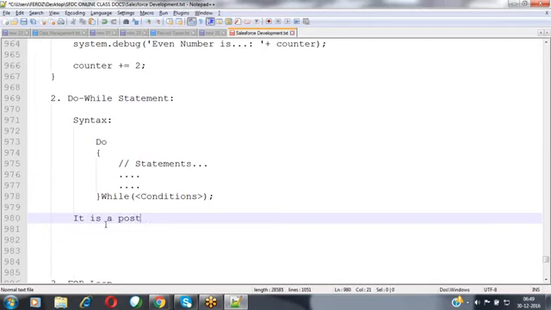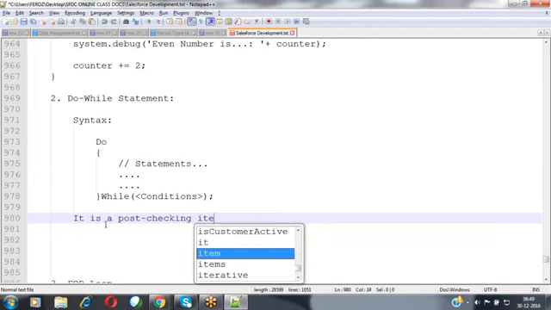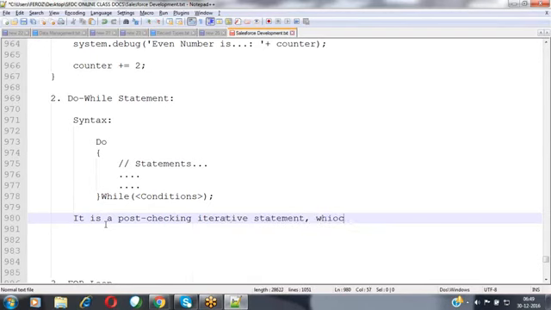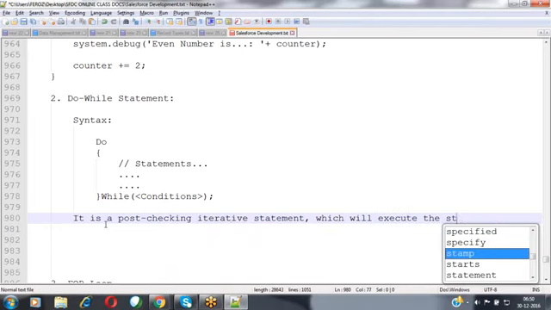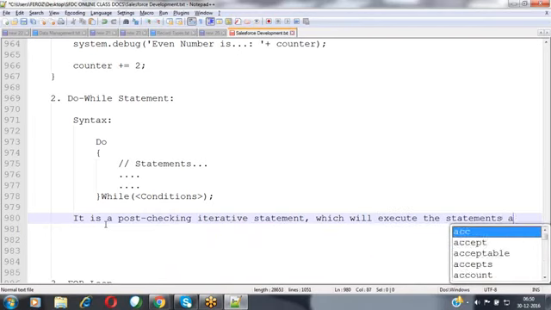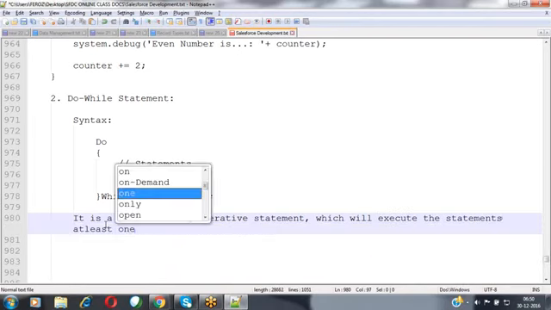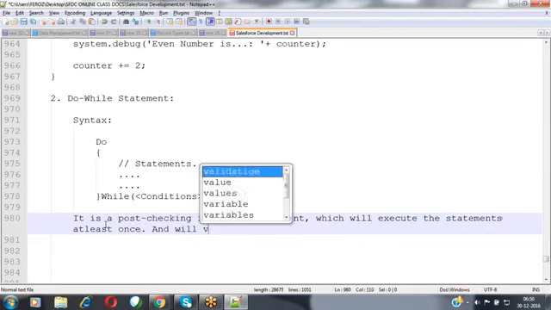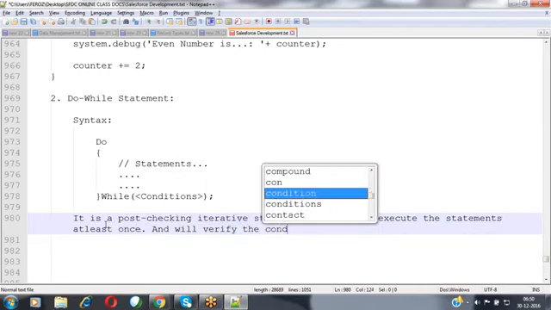It is a post-checking iterative statement which will execute the statements at least once and will verify the conditions.